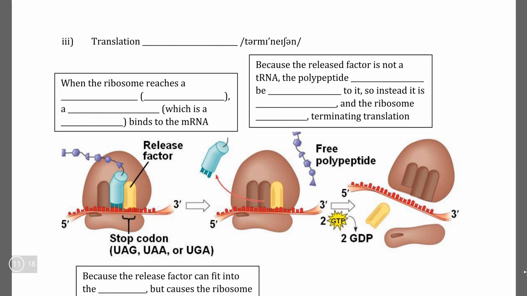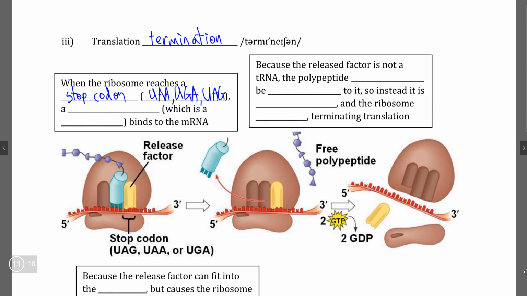Eventually, what's going to happen is that the small subunit of the ribosome, after moving from codon to codon to codon, is eventually going to see one of three possible codons: UAA, UGA, or UAG. For those with a good memory who remember the codon video, these three codons are the three possible stop codons. So when the small subunit of a ribosome recognizes a stop codon, we have entered the process of translation